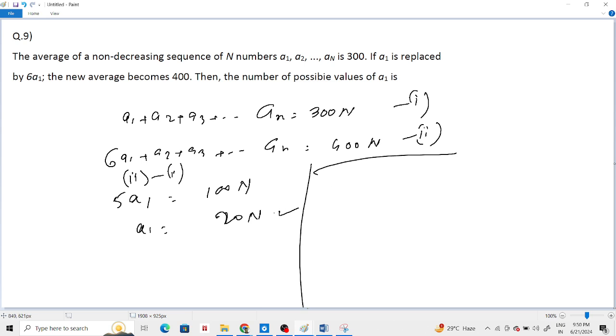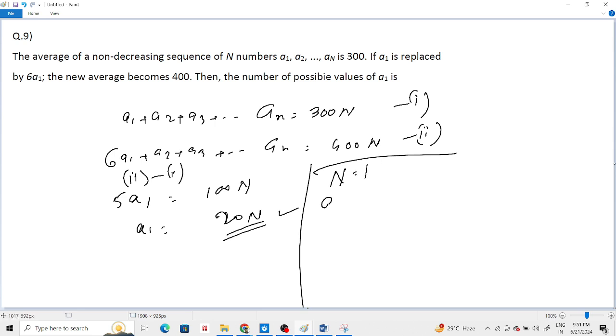See, a1 depends on 20n, that means as the value of n changes, I get different values of a1, right? What is n? N is the number of numbers. Now n cannot be 0, because if n is 0, then nothing is there, right? n টা হচ্ছে কটা নাম্বার আছে, যদি n টা 0 হয় তার মানে একটাও নাম্বার নেই।